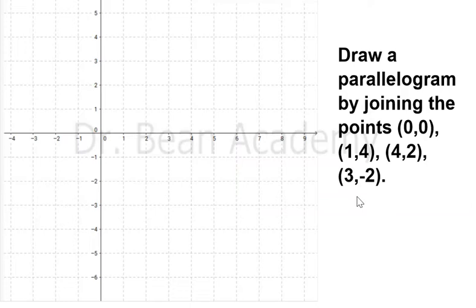Draw a parallelogram by joining the points (0, 0), (1, 4), (4, 2), and (3, -2). First we need to locate these points on the Cartesian plane, and then we will join them through straight lines to see if it becomes a parallelogram or not. So the first point is (0, 0), it is the origin, so it's easy to